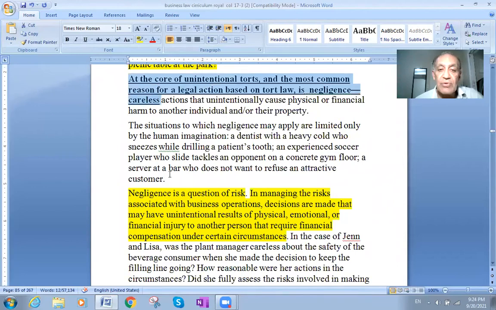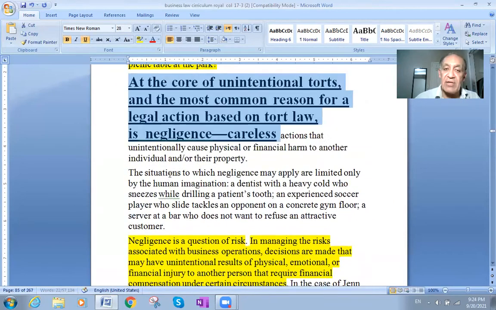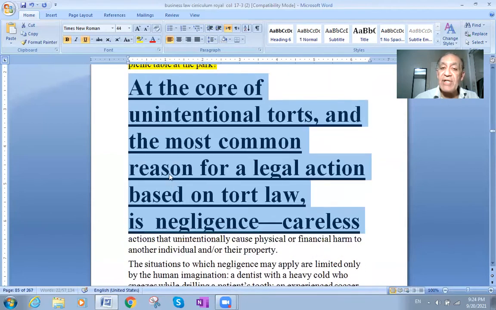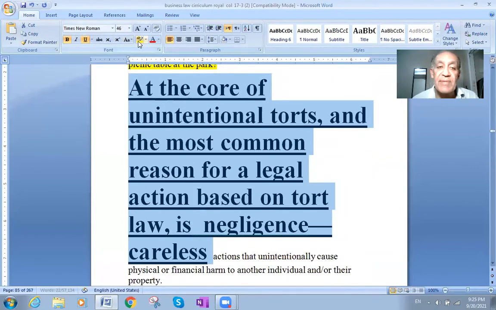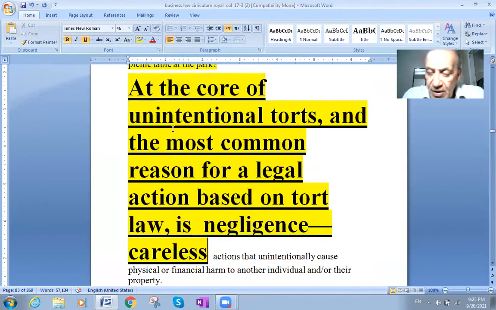We'll come now to the unintentional tort. Unintentional means you didn't do it purposely. The unintentional tort means you didn't do it intentionally. Let's say you did it because you don't care about the others, so this caused them harm, but you didn't do it to this person purposely.